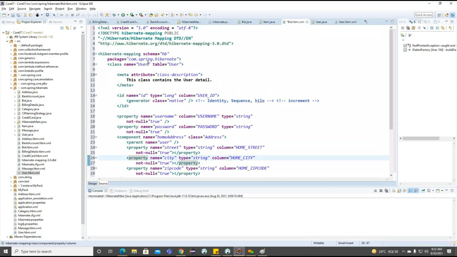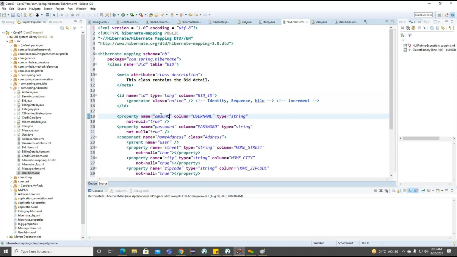Now observe, package, here we need to change to the bit class. So bit table here, and it contains bit related information, and ID. ID also bit ID.